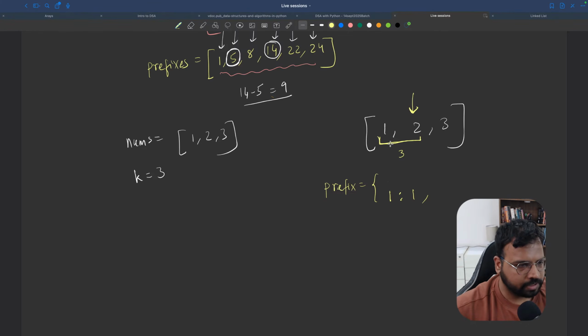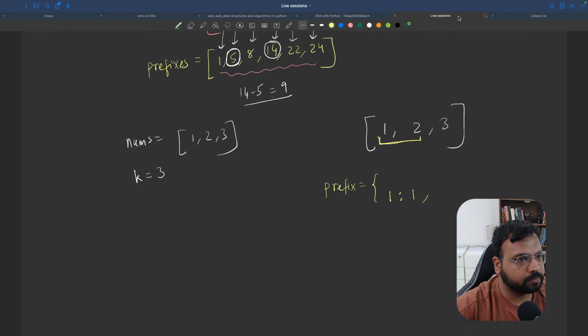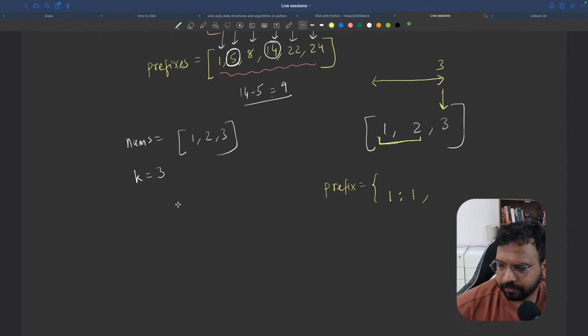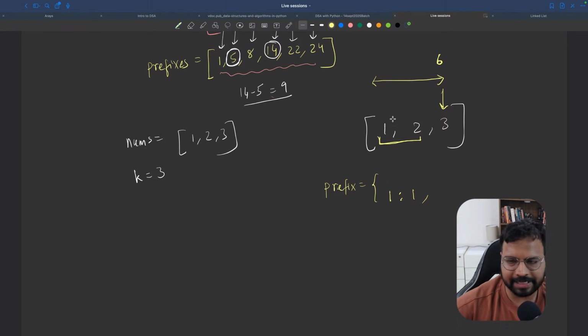Let me take the intuition here. Okay, the sum till here is 6. If there is any subarray in this range,